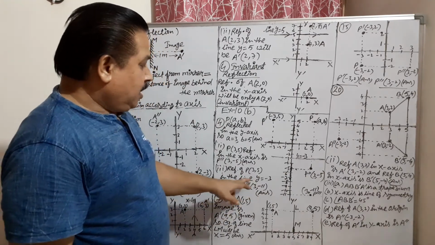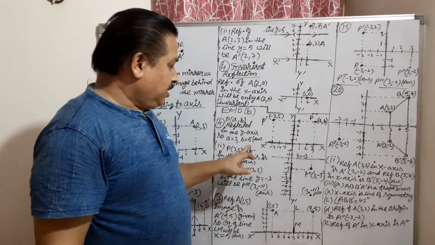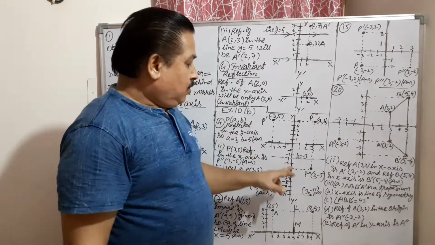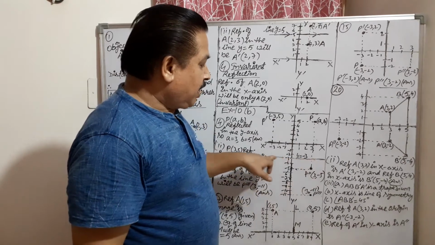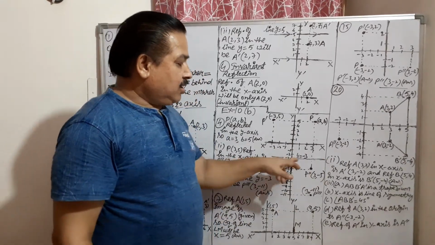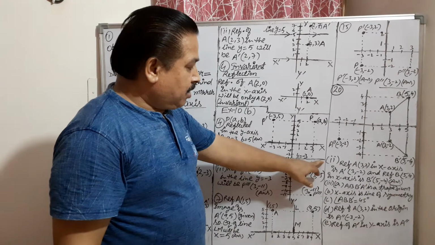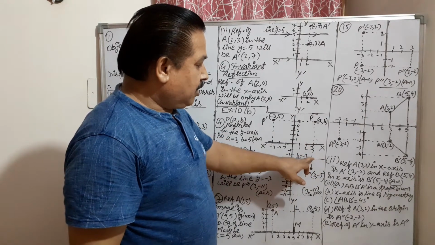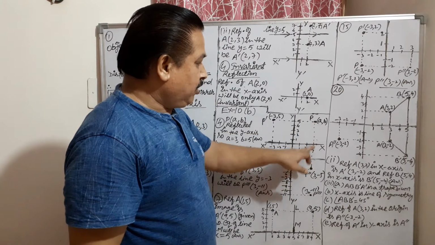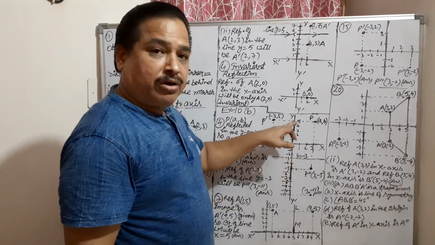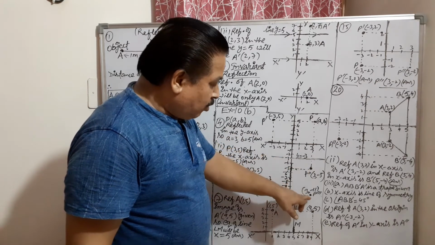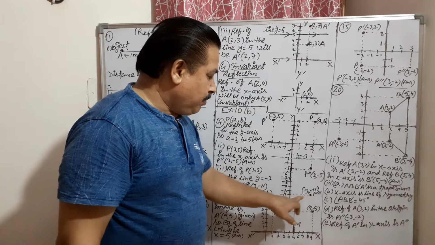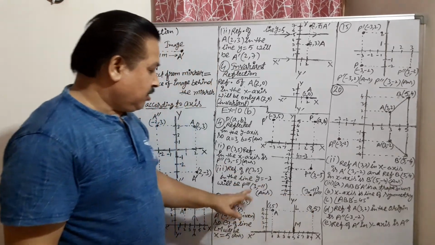Now third point. When P, 3 comma 5, is reflecting in the line y is equal to minus 3. This is the line y is equal to minus 3. Reflection in the line we are doing now. This becomes a mirror. So check the distance of this object from the mirror. It is 8 till here. From this point to this point it is an 8 distance. You can count. So it will go 8 down in front of P. So it is coming at 3 comma minus 11. So this is the answer of the third part.